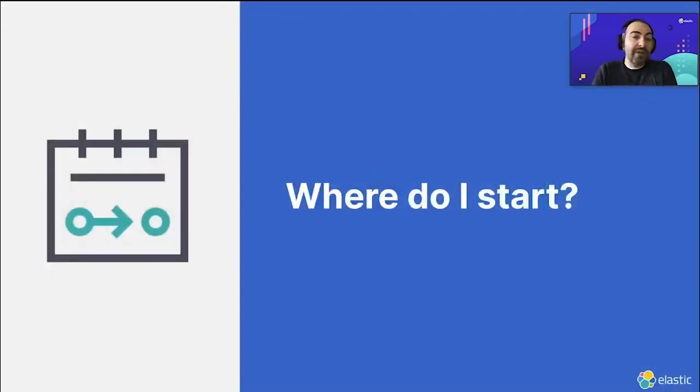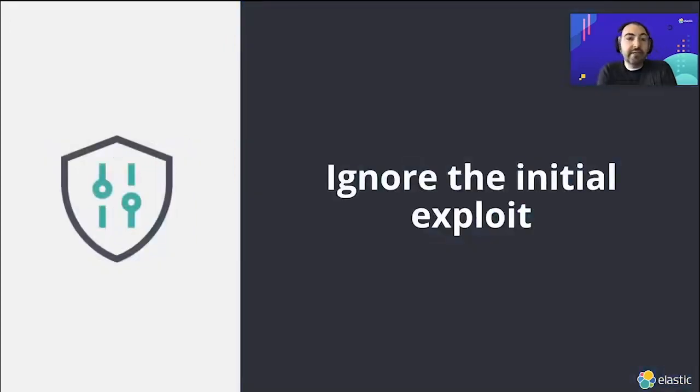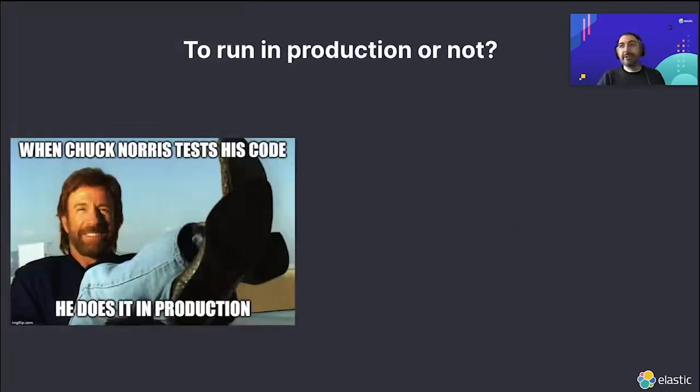So maybe asking, where do I start? I think there's a couple of criteria that I like to teach people when talking about this problem and this solution. It's ignoring the initial exploit, and that's a hard thing for security people to grasp. They want to try and detect that first thing as soon as possible, but when you ignore the initial exploit, you realize that those behaviors post-exploitation are quite common, and learning to detect those activities is, I feel, where you get the most benefit.